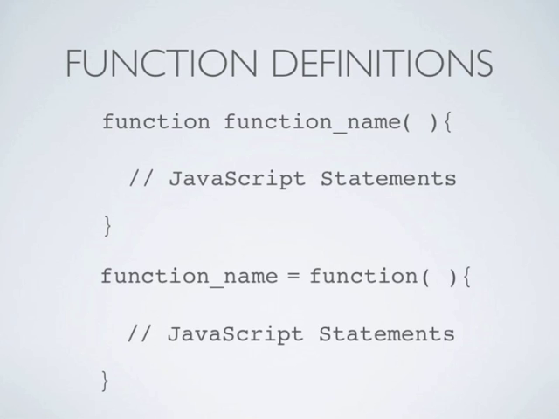This second way actually starts off with the function's name. We then assign to that function's name, like it was a variable, which in essence it is, a function. So we start off with function name equals, followed by just the keyword function, followed by our parentheses, the curly braces, and the function's body. We'll find that in certain circumstances in JavaScript, this will end up being the way that we pretty much have to